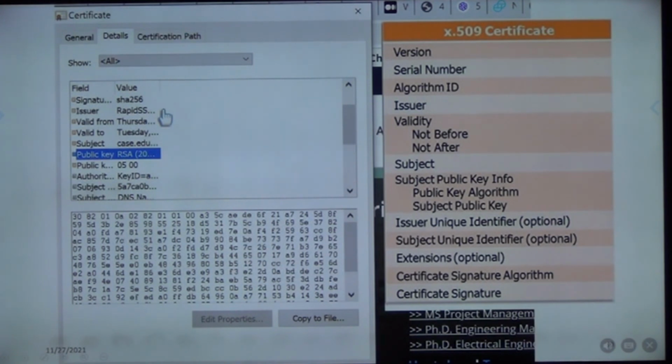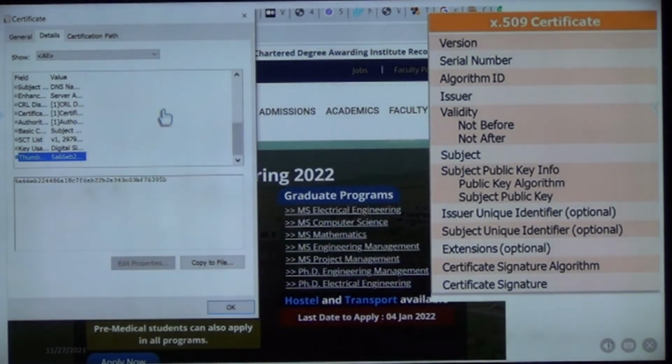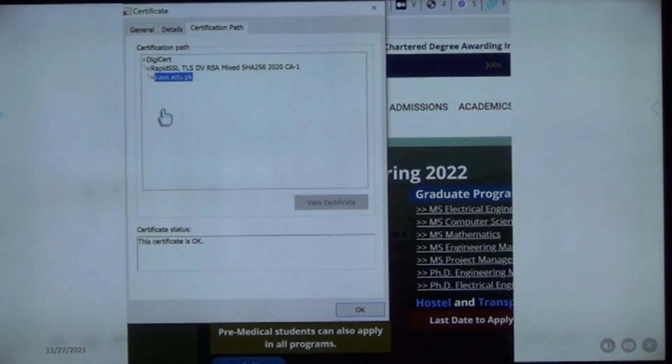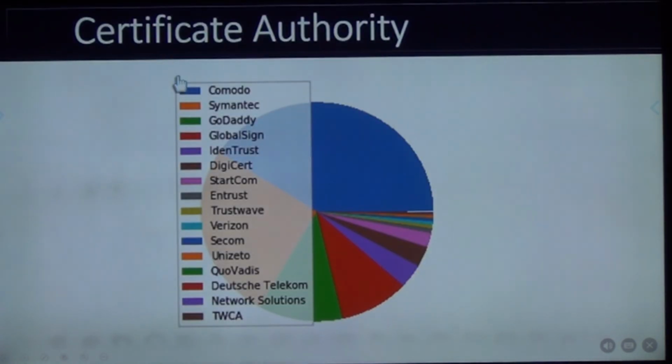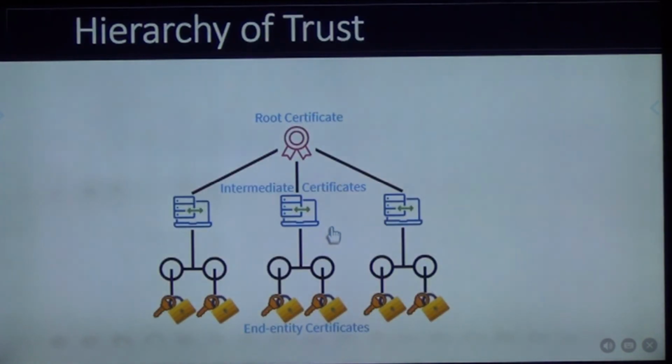So there are companies जो कि सर्टिफिकेट इशू करती हैं, they are very few. तो ये कंपनी का नाम है रैपिड SSL, जिसको हमने फी देकर ये सर्टिफिकेट लिया हुआ है, और ये रूट CA है, डिजीसर्ट। और ये कंपनीज हैं जो कि सर्टिफिकेट्स देती हैं, कोमोडो, सिमेंटिक, गोडैडी, और इनकी पब्लिक की एम्बेड होती है ब्राउजर के अंदर। So nobody can actually foul this. तो ये जो मैन इन द मिडल अटैक है ये खत्म हो जाता है,